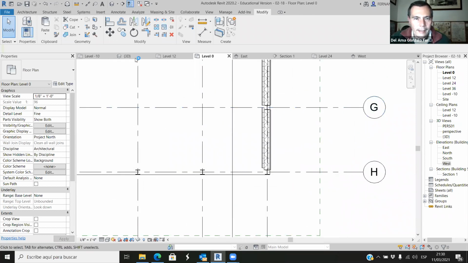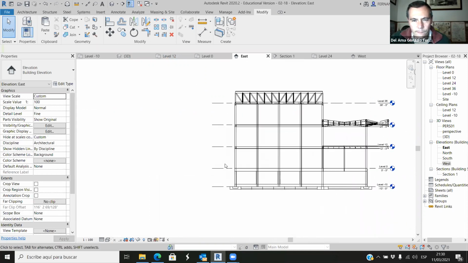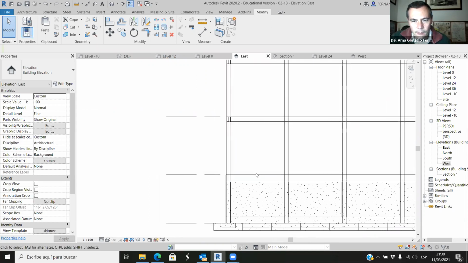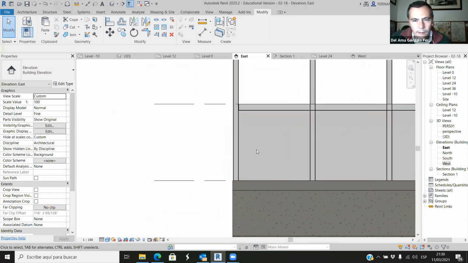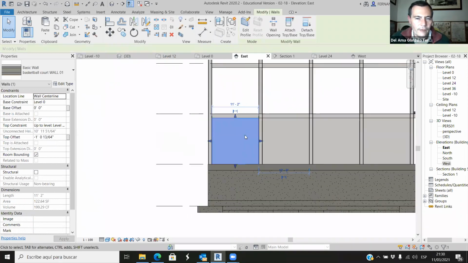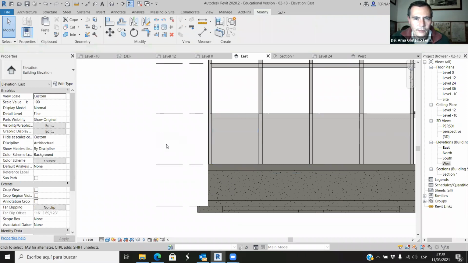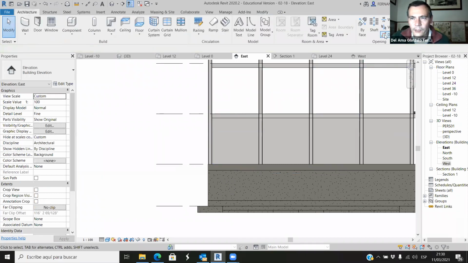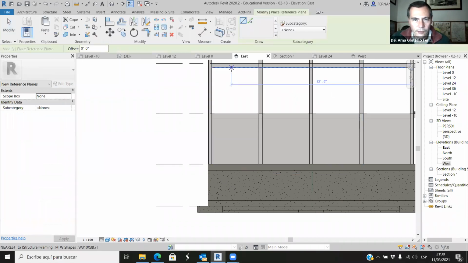Okay, but I want to show you the east elevation. Yeah, I think if we shade it, this is the panel we are working with. Okay, and I want to divide this part into different elements. I think the best way to do this is by using reference planes. If I use a reference plane here in the middle,